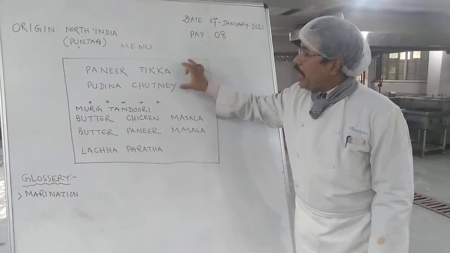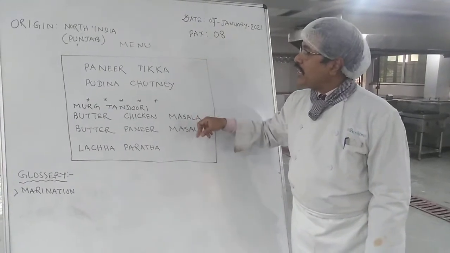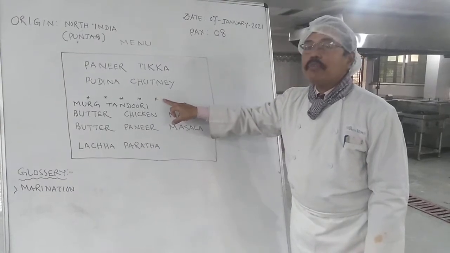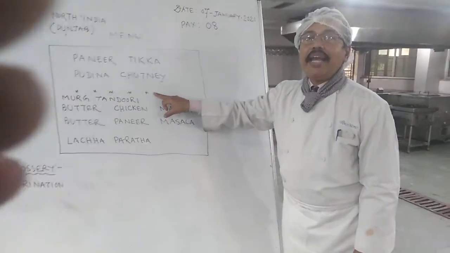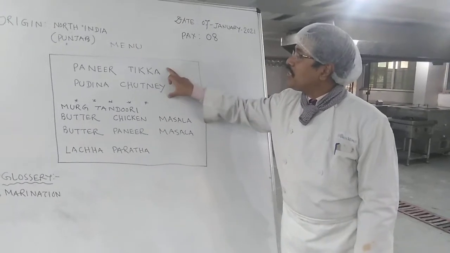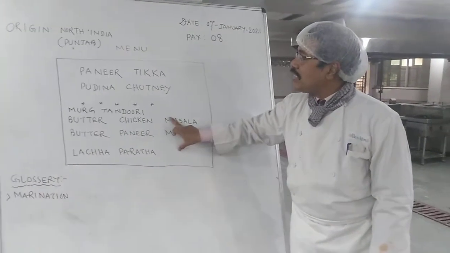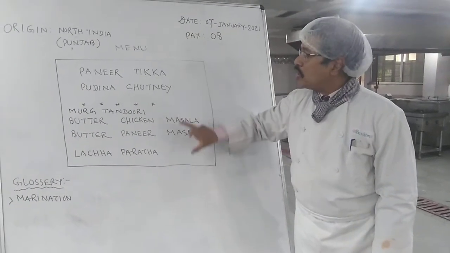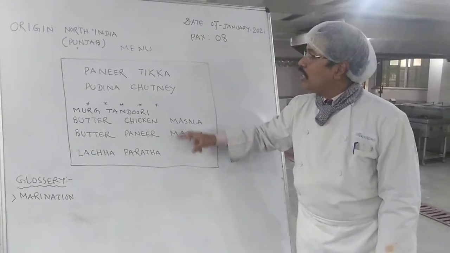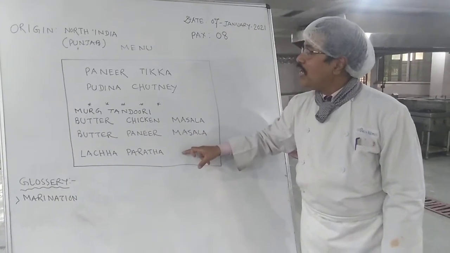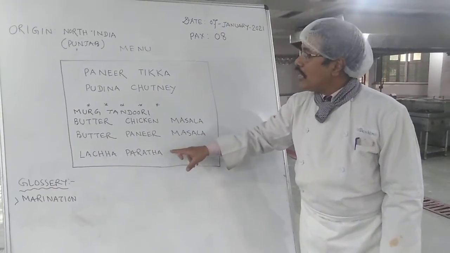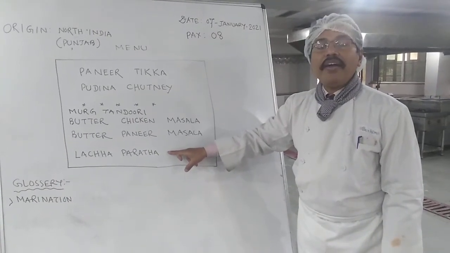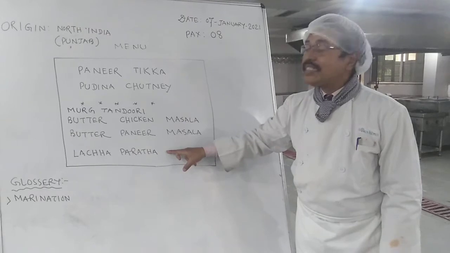Now, if you go through it, you will see the items have been separated out by using a number of stars. Now, what does the star indicate? The star indicates that this is a course and this is another course. Now, how will you identify which one is the main course? The main course is the down one, which is heavier in number and which has the lachha paratha, an item of whole wheat flour or refined flour, and that serves as a staple diet.